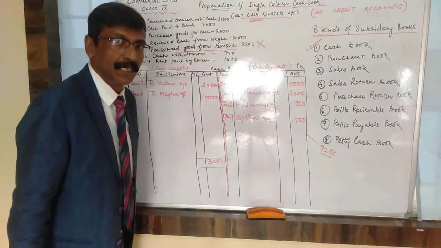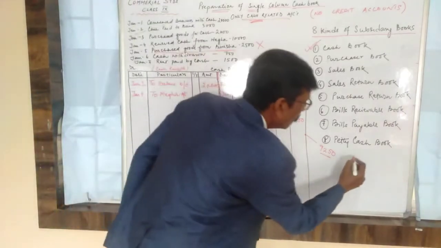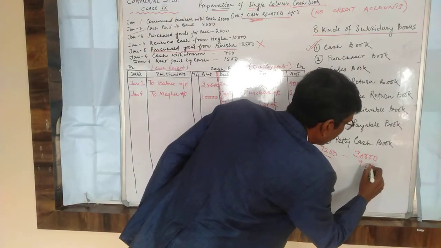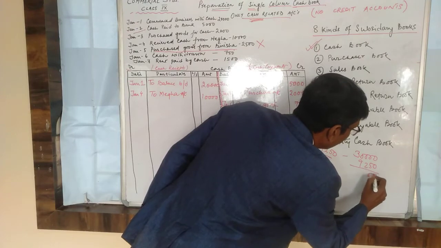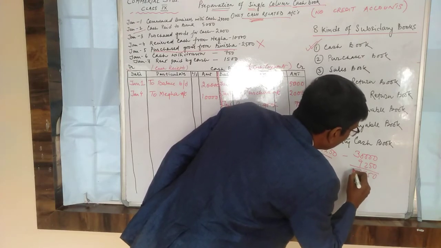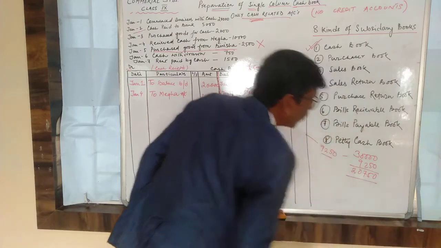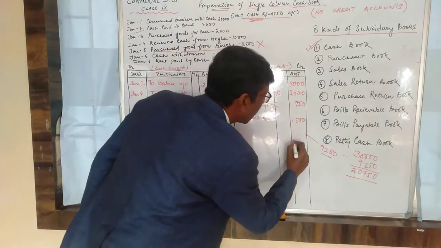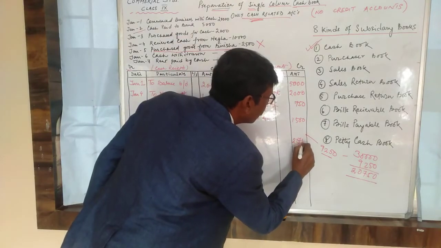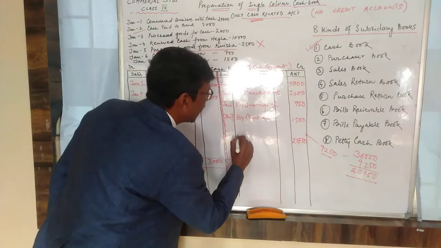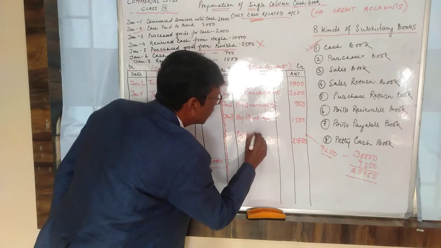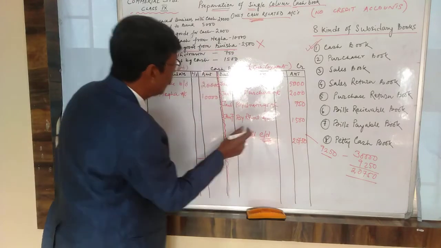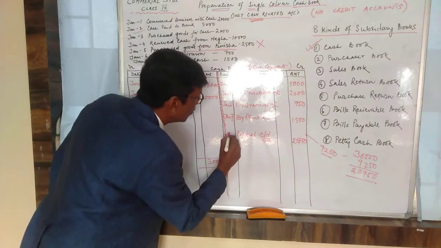Both the sides need to be equal. What we will do? We will do 30,000 minus 9,250. 20,750 is the difference. We will write 20,750 here, and we will write by balance carried down, and this carried down is always the last